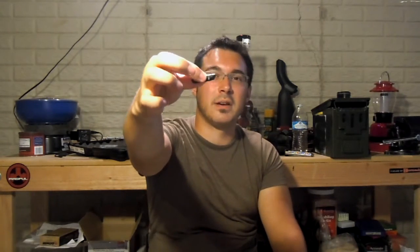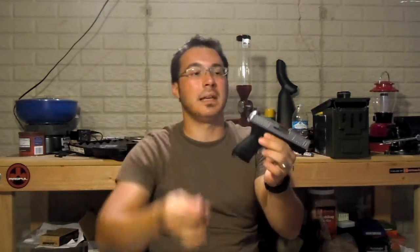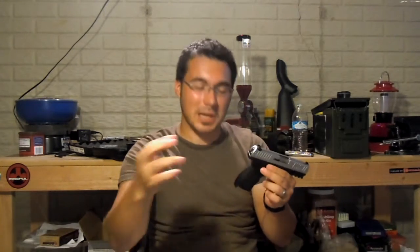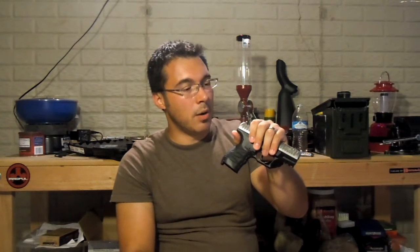You can do this with a screwdriver. It does say in the manual you can use a screwdriver or an Allen wrench. You can do that as well, or you can use a little tool. It's got a little hump of plastic out here at the very end that you use to go in and depress it. So, who here wants to bet I can do it in one take? Nobody? Probably won't happen in one take, but that's okay. Like I said, we're just down here in the basement. So I'm going to take a hold of it,